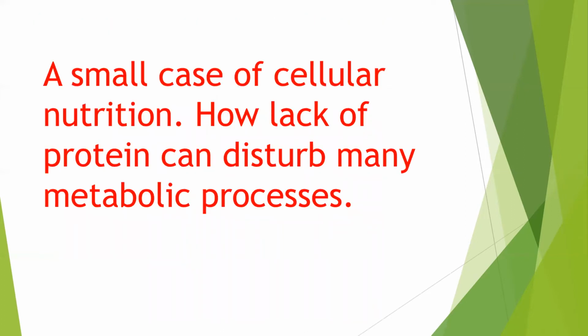I'll just give you an example. You might have heard of a disease called gout, right? One of the important functions of the liver is to produce albumin, and albumin is a kind of protein, which is made only if we are eating enough protein. If the albumin level goes down, then the cells, all the cells, create a lot of uric waste. And this uric waste, if it is not removed, then our cells become waterlogged.